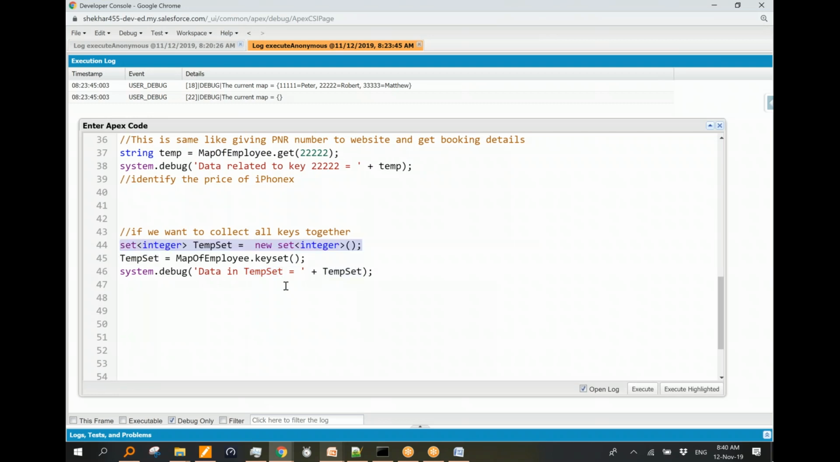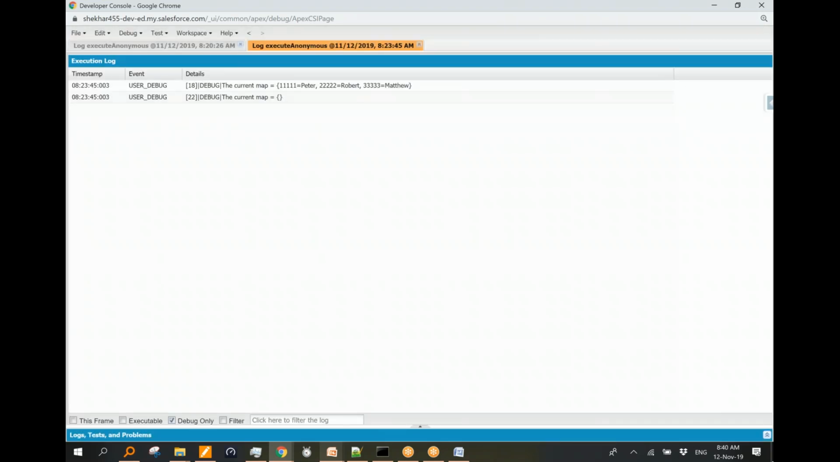Look at this. This was the previous code which I modified. Temp set, a temporary set I created, is a set of integers, and by using the function key set, all the keys are coming automatically. Then I'm going to print this key. Let's see what's going to happen. I will get all my keys